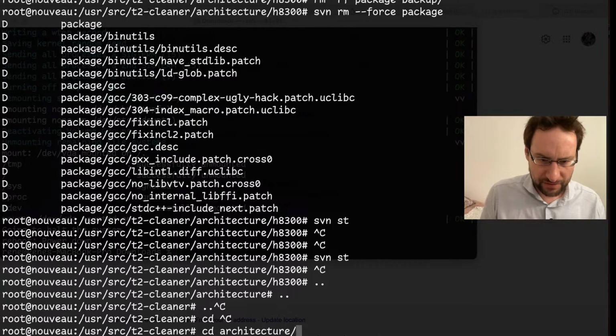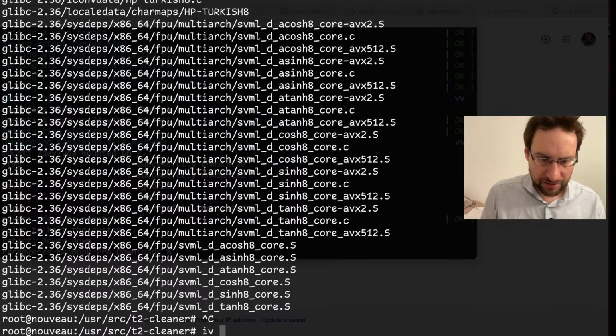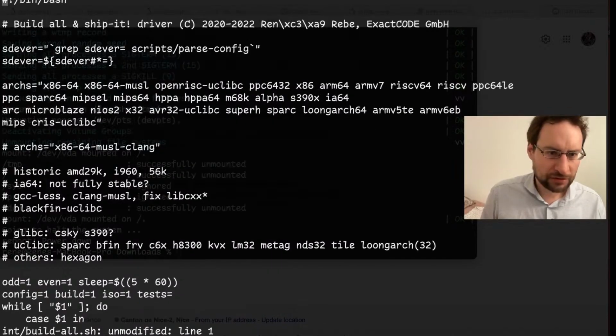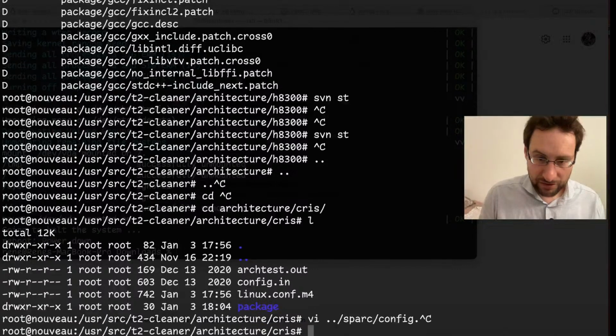So let's, as one last thing, by the way, did I already remove this from build all internal? Oh yeah, I removed this already. CRIS. So basically we could actually, you know what, let's probably simply like AVR.